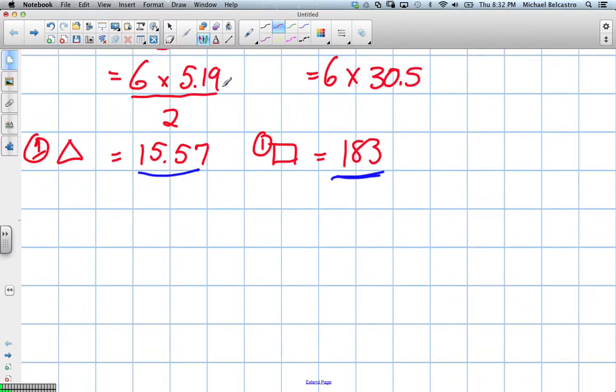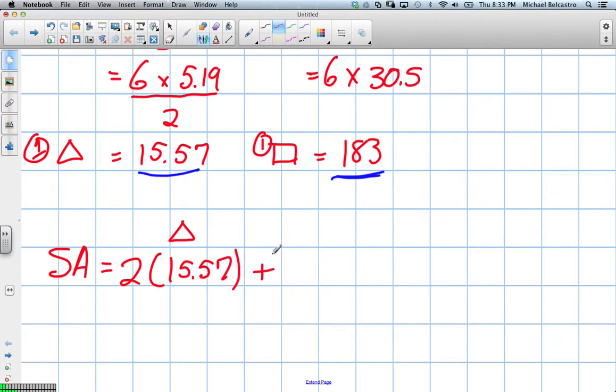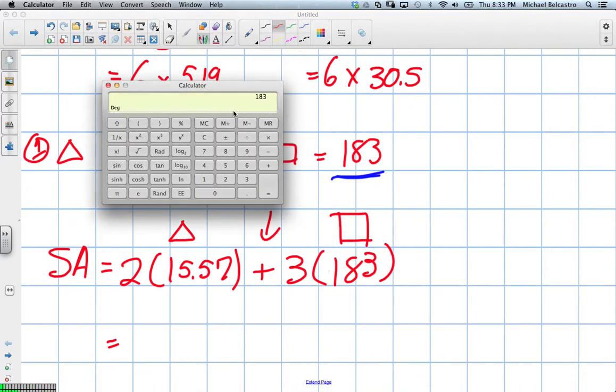So we know both triangles. We know we have 2 triangles. So the surface area is equal to 2 times the area of a triangle. So here's our triangle, which is 15.57. Plus, there's 3 rectangles and they're all identical. So 3 times 183. And that was the areas of our rectangles. And the addition is because we have to add all of these values together to find the surface area. So the final surface area here,